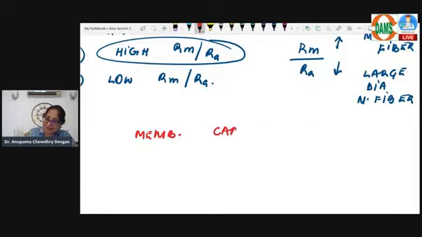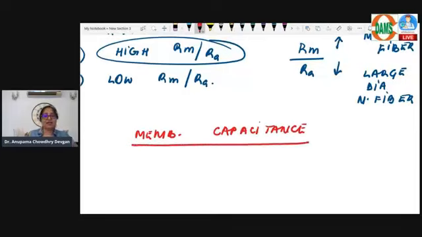Membrane capacitance, not conductance, capacitance. We've discussed the effect of diameter. We've discussed the effect of myelin on the membrane resistance. Now, let's have a look at a third electrical property which affects the velocity of conduction, and that is